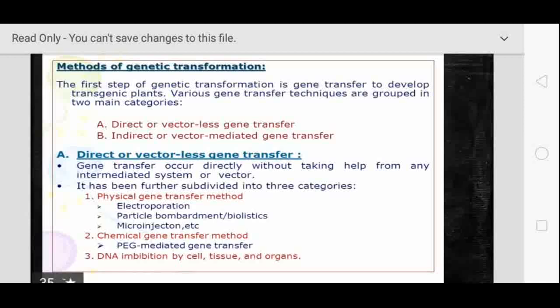The DNA molecule is introduced into suitable host cells by means of some vectors. Through the vectors, the genes are delivered into the plant cell. Before that, the vector has some basic requirements, such as three different types of genes: a promoter, that is the initiator, and a terminator. Terminator means stop. It stops the process and is delivered directly into the restriction site.